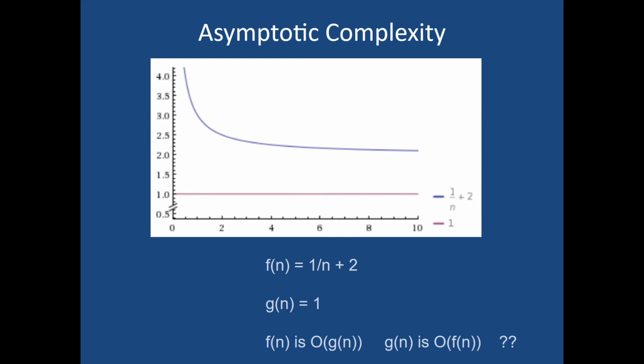But also, the blue is O of the pink. And I do get arguments about that. Okay? What's the justification? Yeah? If you just chose the constant 3, then some of the pink is above the blue for the vast majority. Okay. So the reason they're both O of the other is because they have the same growth rate. They both tend toward being constants. But to use the formal definition, if you want to argue that the blue thing is O of the pink, in other words, that the rate of growth of pink bounds the rate of growth of blue from above,